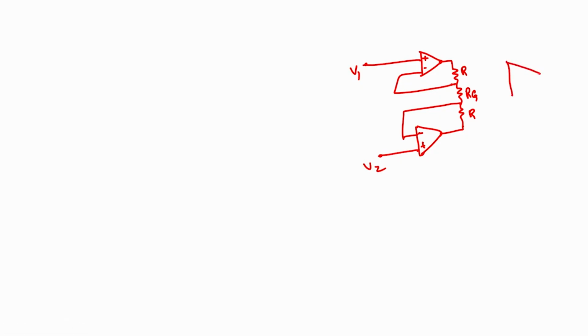So this is R, this is R, this is Rg if I take, minus and plus connecting here, this here and this here. If I say this is V1, this is V2, I should also have a differential amplifier here, plus minus,